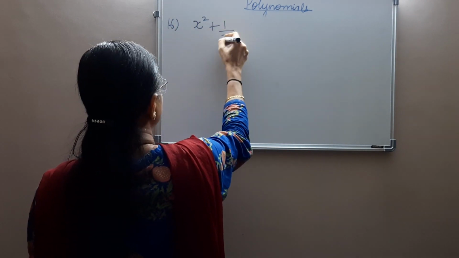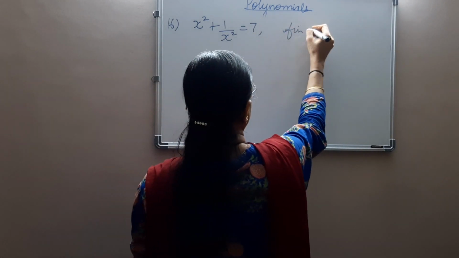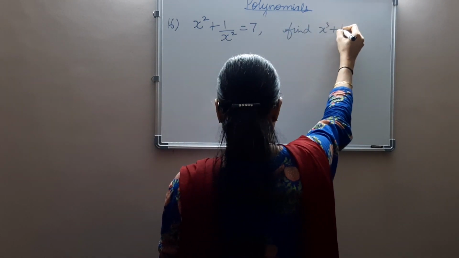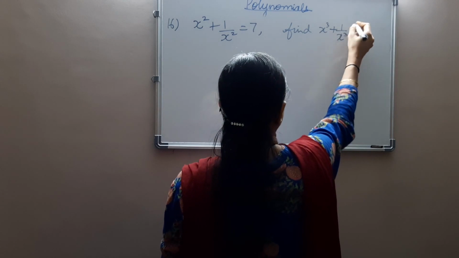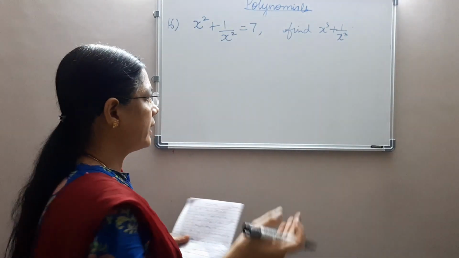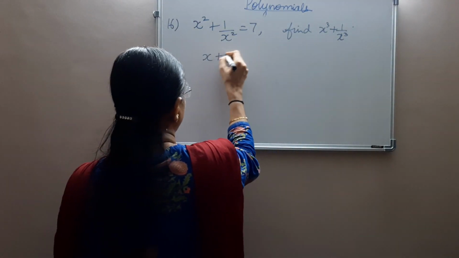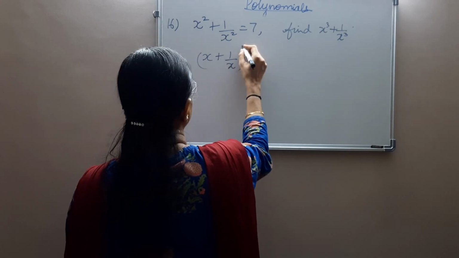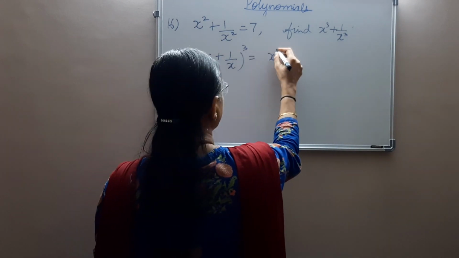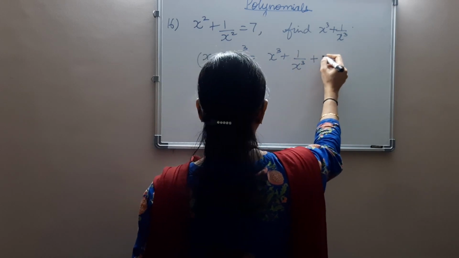x squared plus 1 by x squared is equal to 7. Find x cube plus 1 by x cube. Now they have asked you x cube plus 1 by x cube. So again we need to follow the same path which we did earlier, that is x plus 1 by x the whole cube is equal to x cube plus 1 by x cube plus